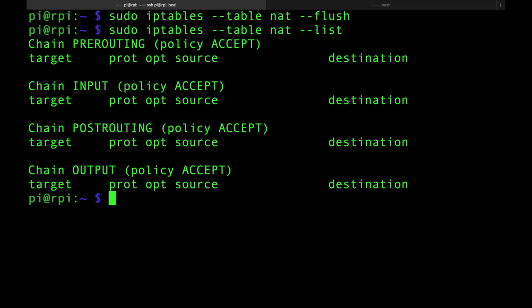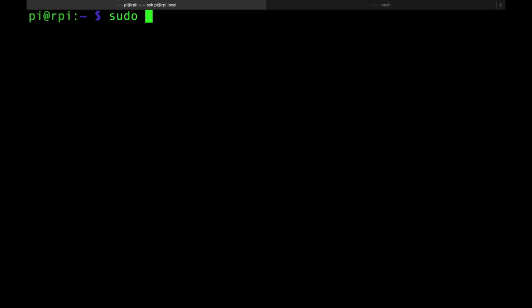Let's continue. sudo iptables, my friends. So we're going to do sudo iptables. What are we going to do? We want to work with the NAT table. Now, guys, we need to add two iptables rules. The first rule is on the pre-routing, and the second rule is on the post-routing. Is it called post-routing? I forgot what it's called. Post-routing. So I want you to append on the pre-routing chain